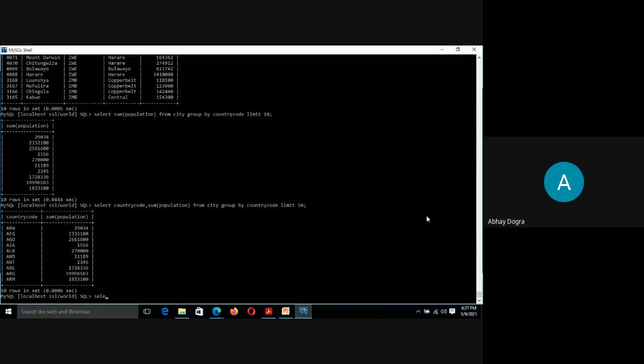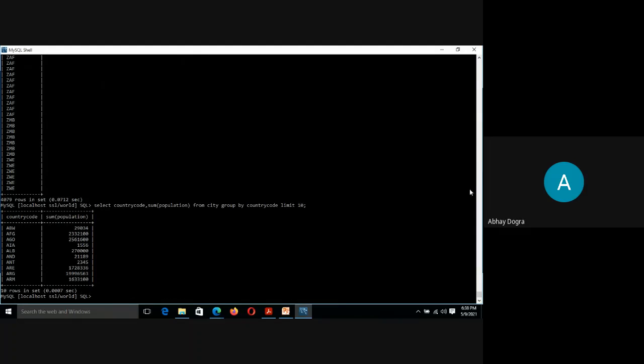Now, if we only try and fetch country code from city, you will see a lot of country codes here, but if you can see, these are repeating, isn't it? They all are getting, almost many of them are getting repeated. So we can form groups in this, right? I took only 10, so that there is no confusion, let's remove this limit and see.